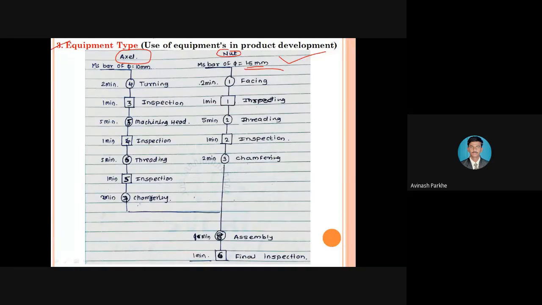So first I will start manufacturing of the nut. Now the component is held on that machine, all the things are held. Now the machine will start the operation, that is facing. First operation is facing. Then second, we have to go for inspection, manual inspection. So this is also a task performed by the equipment. Then after the inspection, we have to go for threading. Again, threading is an operation performed by the equipment only. Again, for the threading, I have to go for some visual inspection. Then after that, I have to go for chamfering, which means your nut is manufactured.